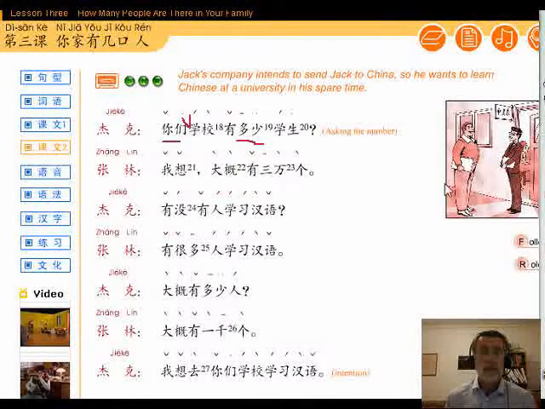So we said in the first dialogue today that you can start off a statement where you're expressing an opinion that you may not know the exact situation about. You can start off by saying 我想, so I think, 大概有3万个. So a couple of things to note here. First thing is here again our verb is 有, which means there is. So we're saying that I think that there is 有.